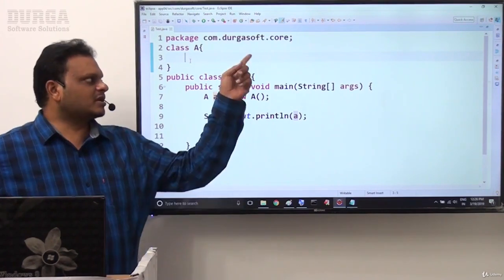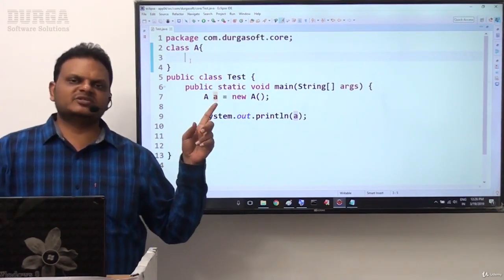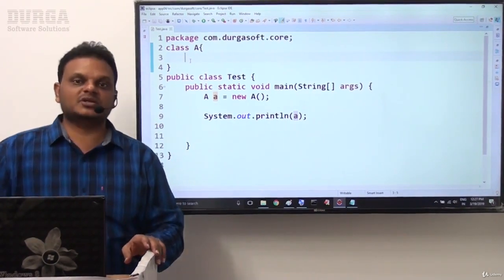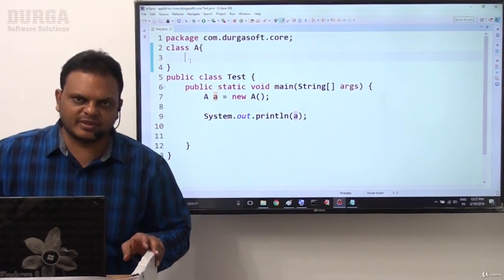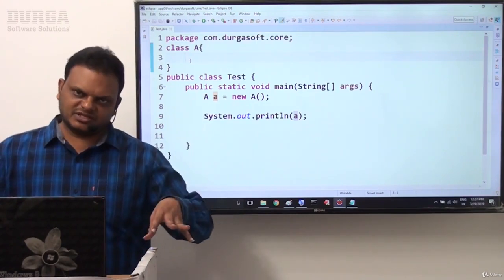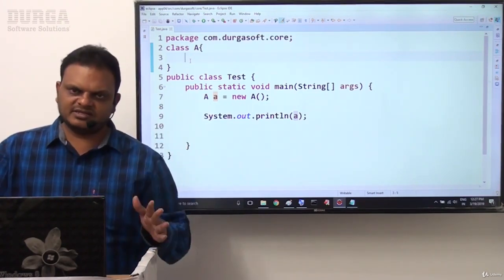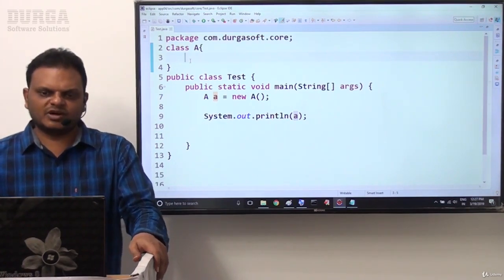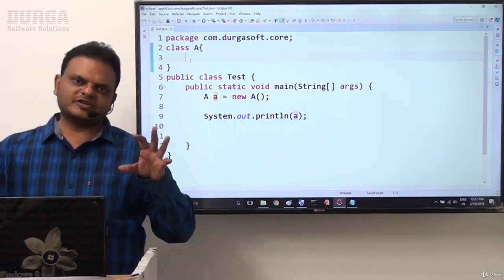No explicit superclass is available for class A, so the JVM will search in the common default superclass, the Object class. In the Object class the toString method is available, implemented in such a way as to return the class name, @, and the reference value of the object.